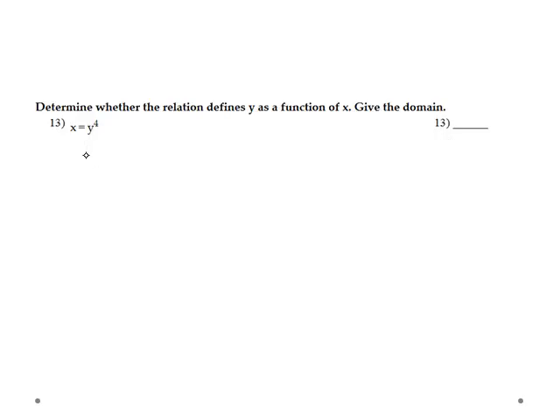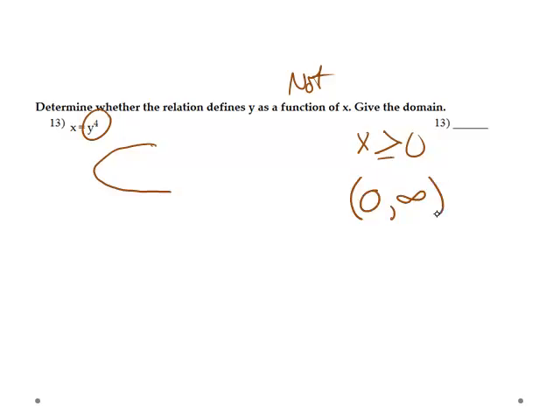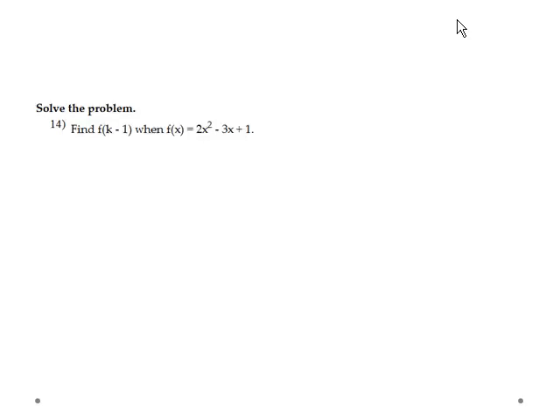X equals y to the fourth is going to be a sideways thing, so it is not a function. And the domain, x is greater than or equal to 0. The reason x has to be nonnegative is that you can't have a negative. Anytime you take any number to an even power, it's going to be positive. So we would say from 0 to positive infinity. Next,